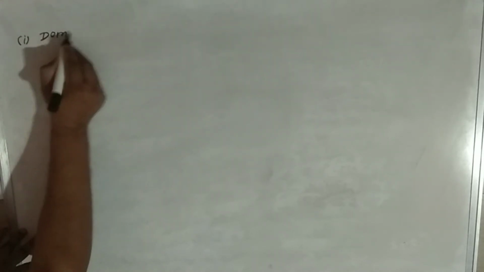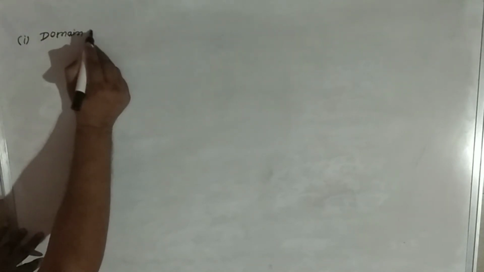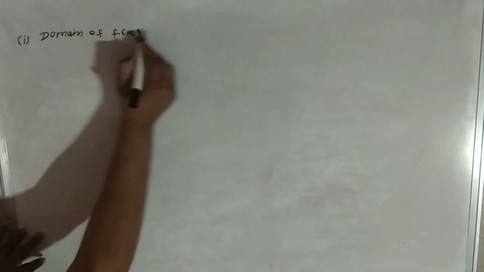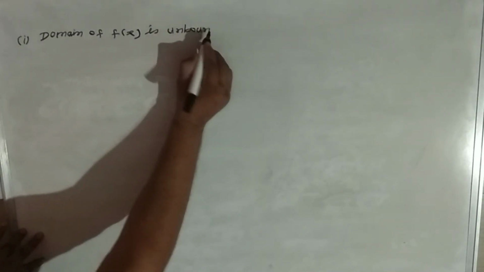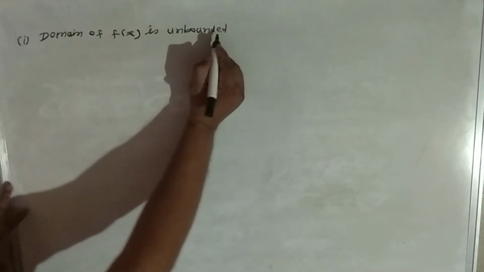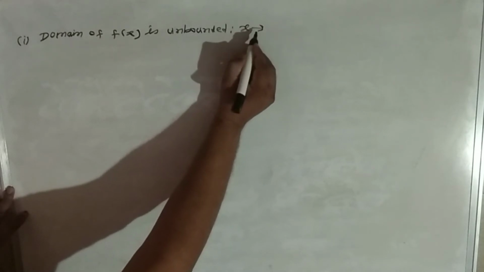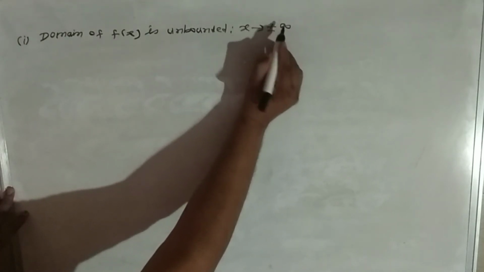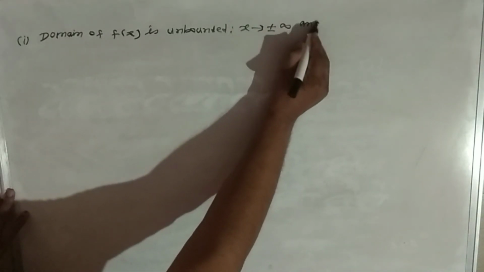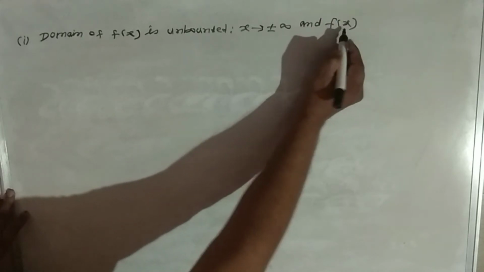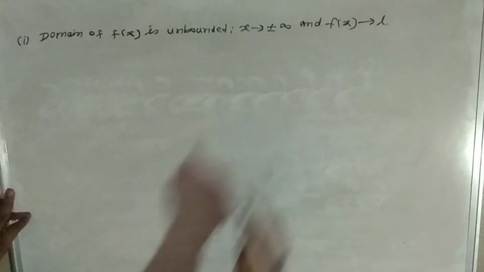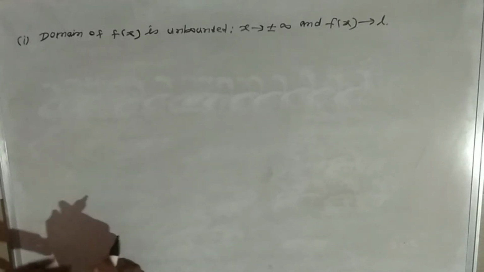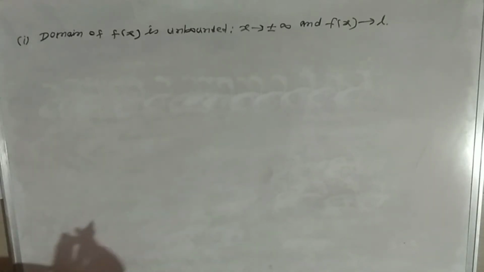Suppose the domain of f(x) is unbounded, x tends to plus or minus infinity, and the function f(x) tends to L. When the domain of the function f is unbounded, the variable x may increase or decrease without bound,